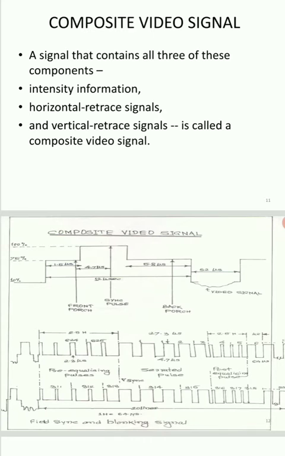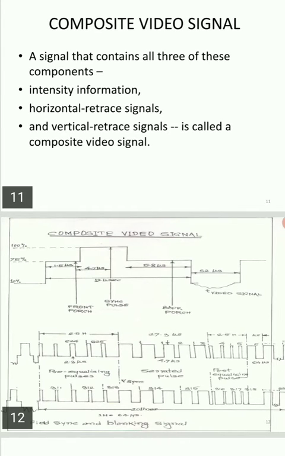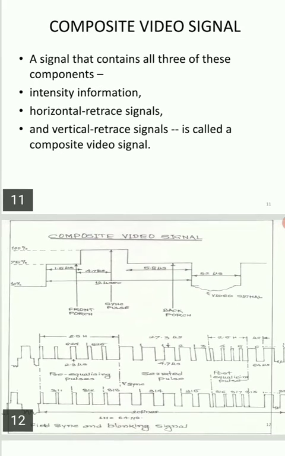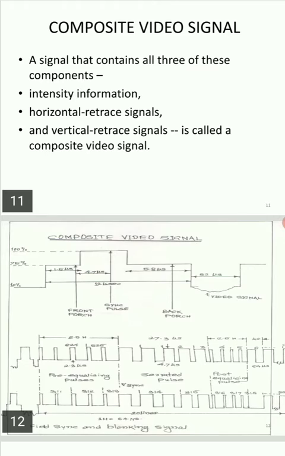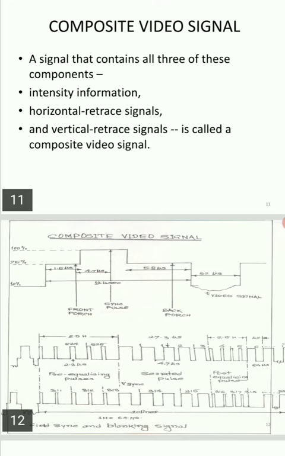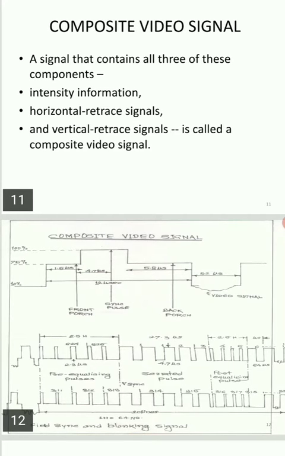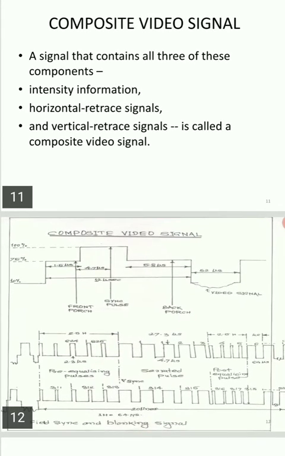We denote the composite video signal by the letters CVS, and it consists of the camera signal corresponding to the desired picture information as a video signal, which will have horizontal and vertical retrace signals, meaning horizontal and vertical blanking pulses. It will also have synchronizing pulses: horizontal synchronization pulses to the synchronization transmitter and the receiver scanning, and vertical synchronization pulses required at the synchronization transmitter as well as the receiver scanning.